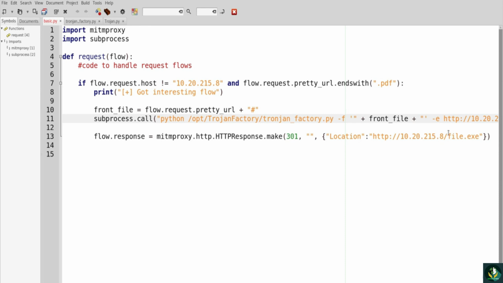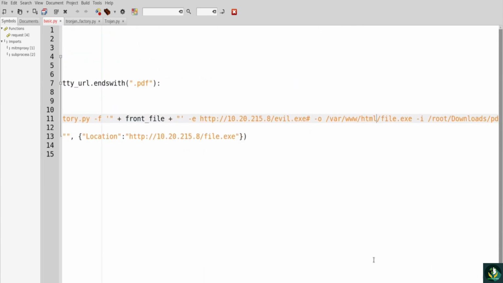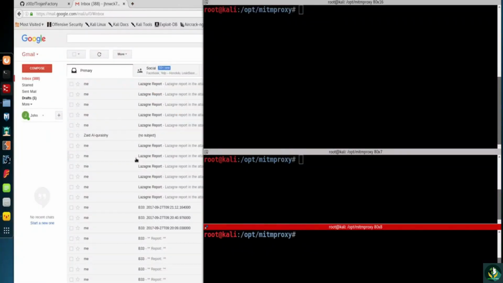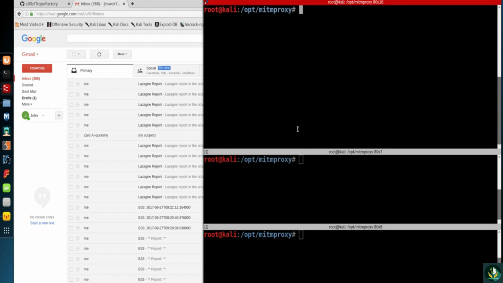and this is the same location, HTTP and this location. Now I'm gonna save this script, then run it in mitmproxy. Running it is gonna be the same as I usually do. I'm gonna use mitmproxy with -s to specify /root, and I use this script in transparent mode and press enter, and